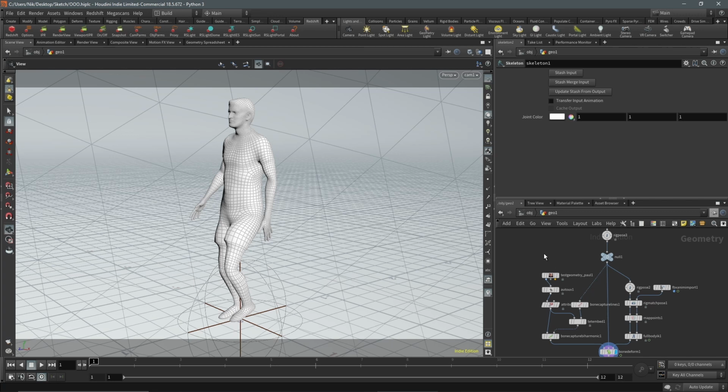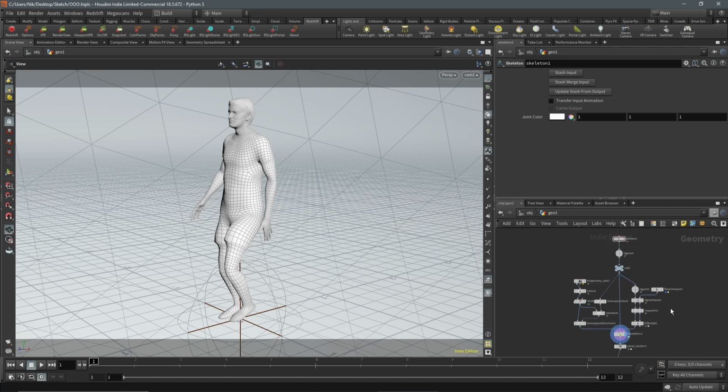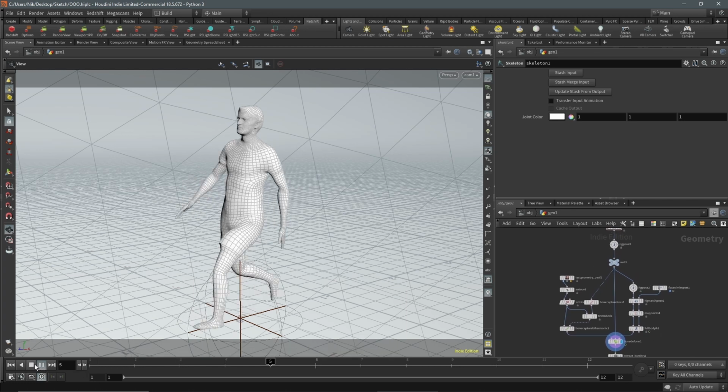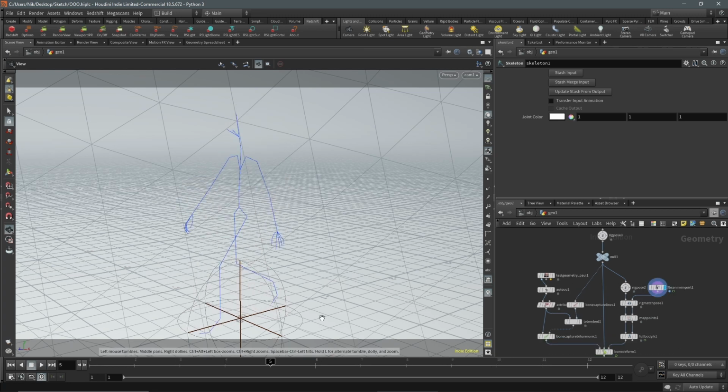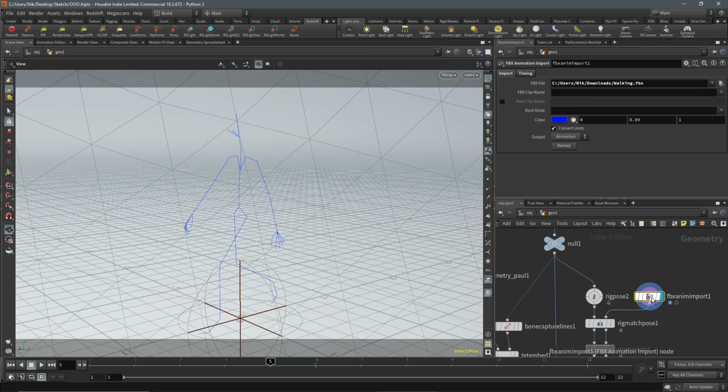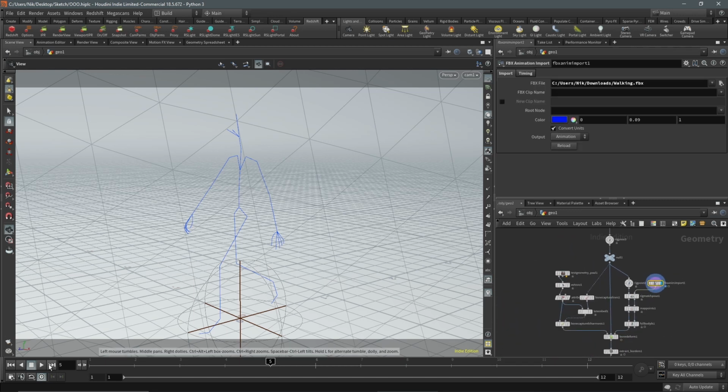I'm going to put a link in the description for a tutorial on how to use the KineFX effects to make a really basic IK, and how to transfer some animation data from Mixamo to your rig. That is what I did to get to this point, and so I applied the animation, which is this. If I click on this FBX import, this is an animation I got from Mixamo, and it's just of